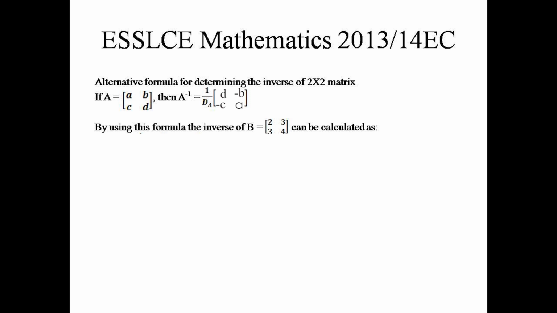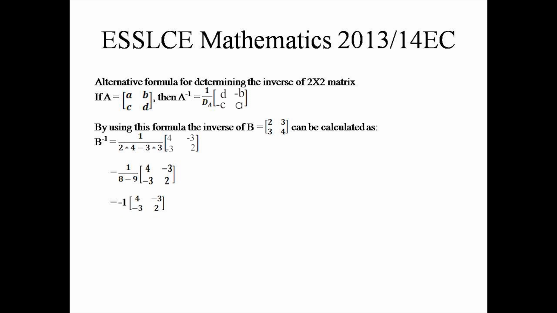The inverse of the matrix under inquiry can be calculated as follows. The matrix is a 2 by 2 matrix having first row elements 2, 3 and second row elements 3 and 4, which is equal to 1 over the determinant of this matrix, that is 2 times 4 minus 3 times 3, times the inverse of the matrix, that's switching 2 and 4, we will find 4, 2, and multiplying the second element of the first row and the first element of the second row by negative, we will find negative 3 and negative 3 here. 1 over 8 minus 9 is 1 over negative 1, times first row elements 4, negative 3 and